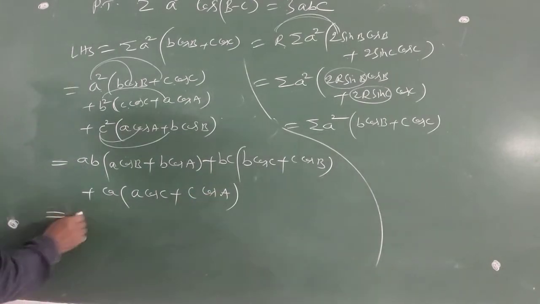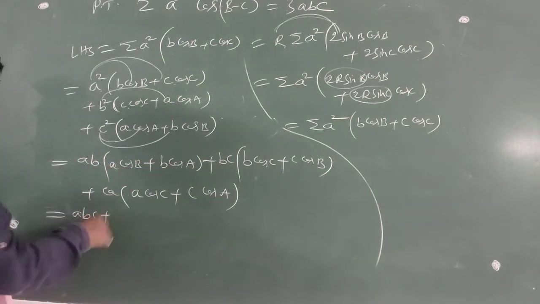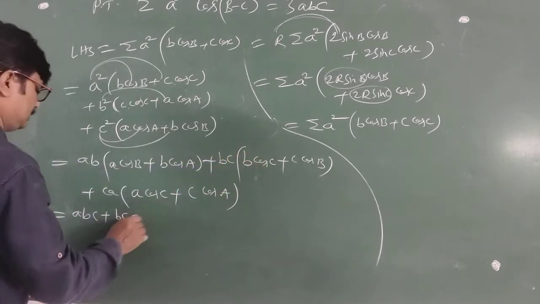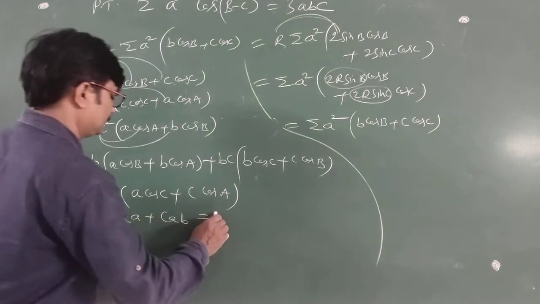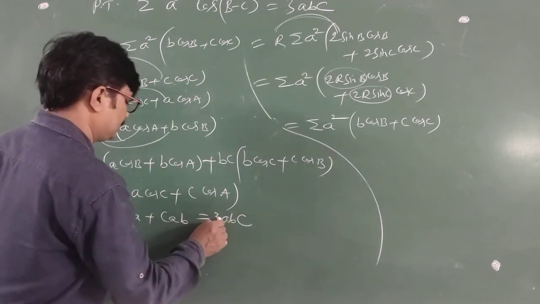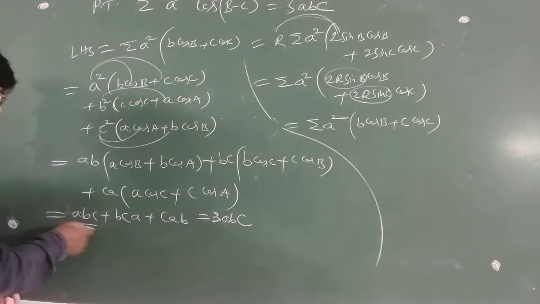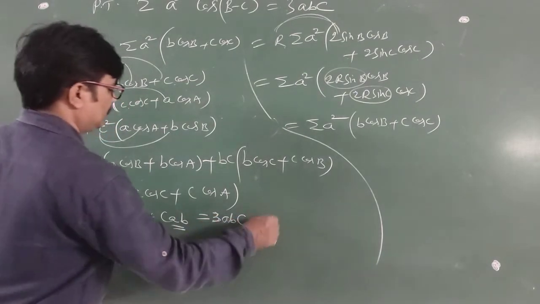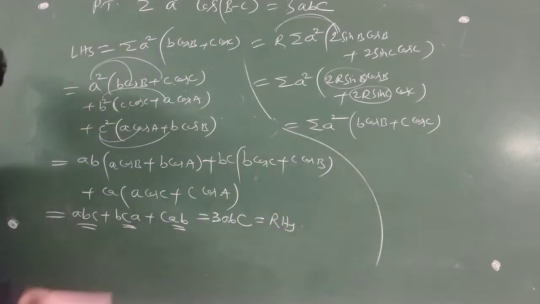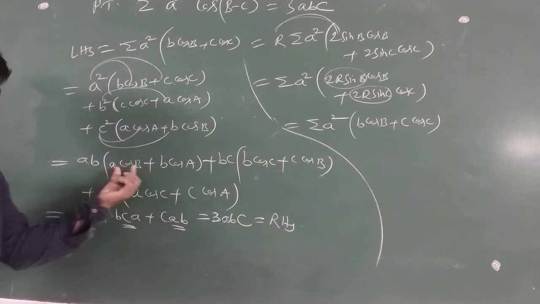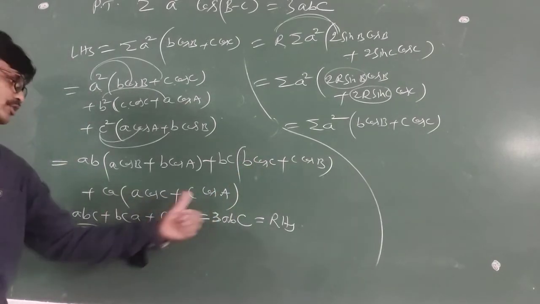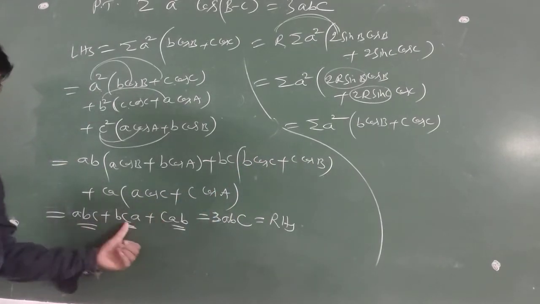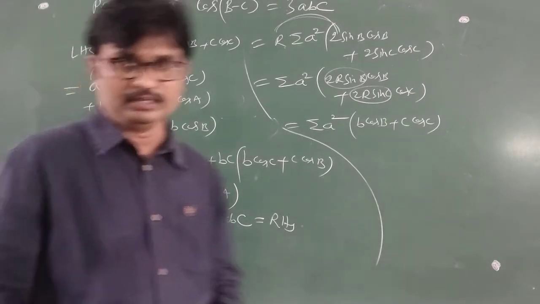Now students, this is ab into c, after that bc into a, ca into b. abc plus abc plus abc is, students, 3abc. Is it clear? abc plus abc plus abc is 3abc. Okay, write down, students. This is from the projection rule. This is the formula of small c, this is the formula of small a, this is the formula of small b from the projection rule. abc plus abc plus abc is 3abc. Okay.